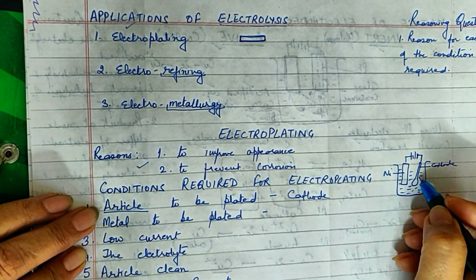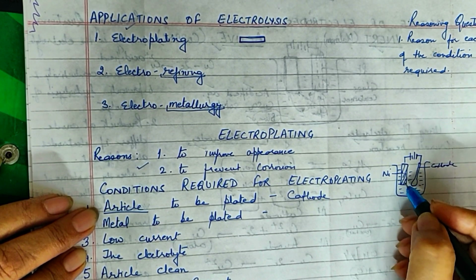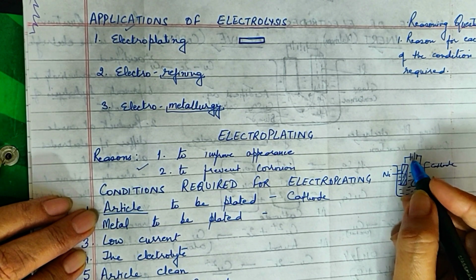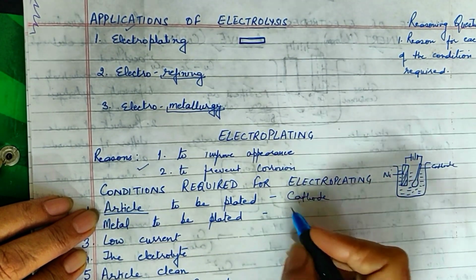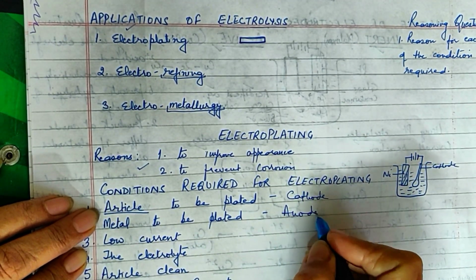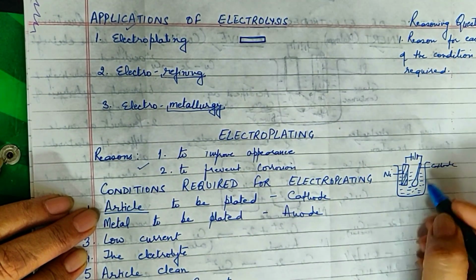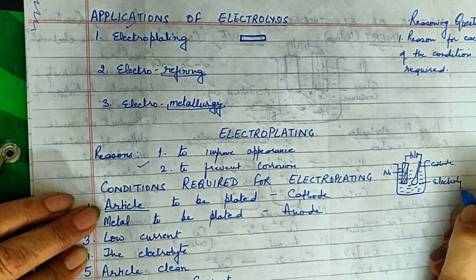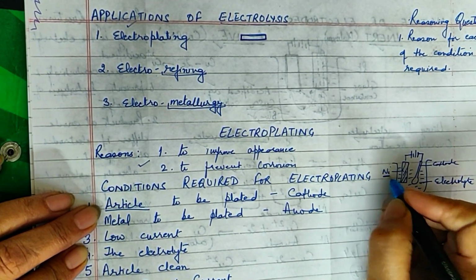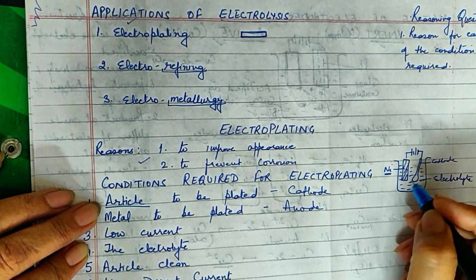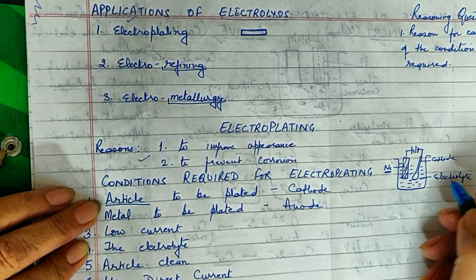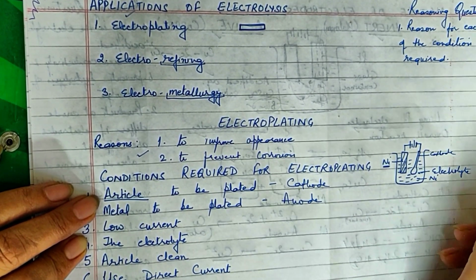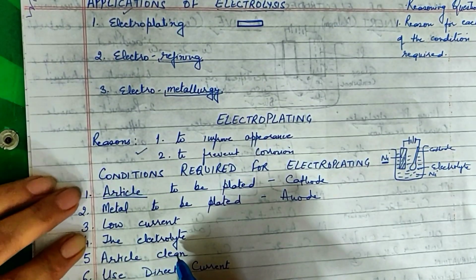Whichever metal you want to coat over it, in this case, for example, say nickel. So, nickel will be connected to the positive terminal. A block of nickel will be taken and it will be connected to the anode. So, it will be used as an anode. This is very important. Another very important thing is the electrolyte. The electrolyte must contain the ions of the metal which has to be plated. That means you can take any salt of nickel, nickel sulfate, nickel nitrate, nickel phosphate, any. But it must contain nickel ions in it. That is one important condition.